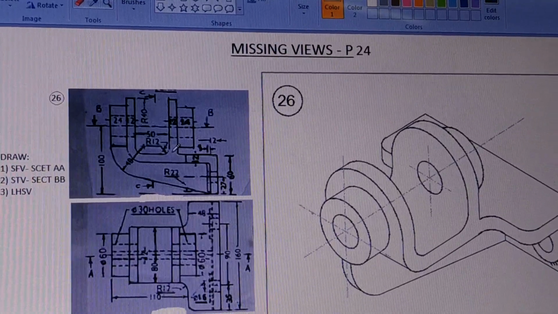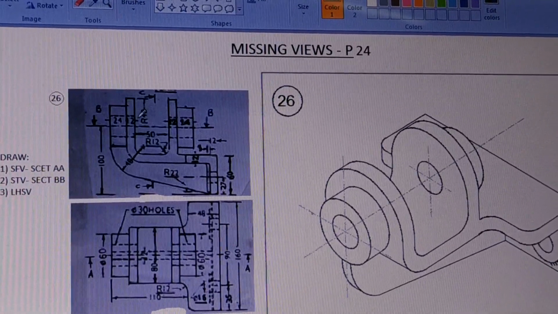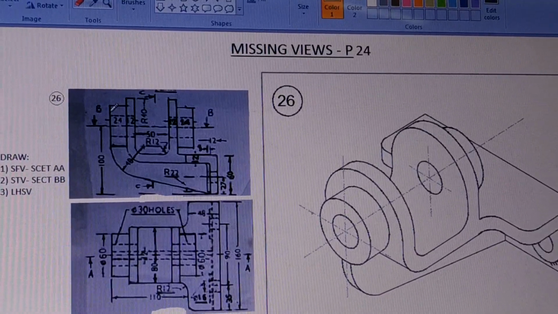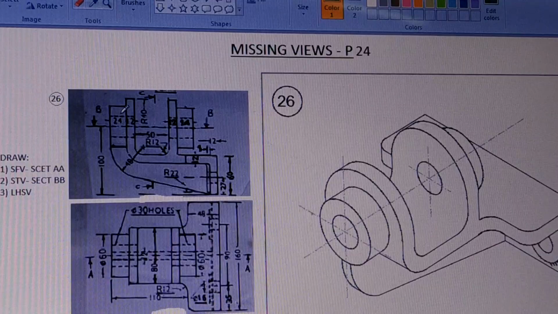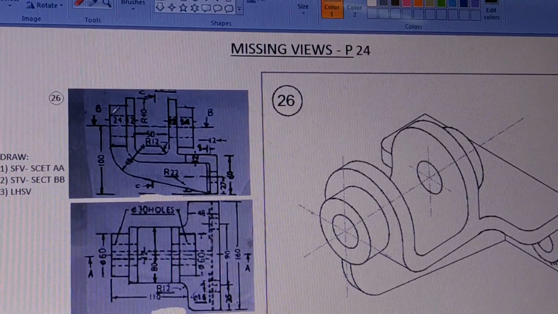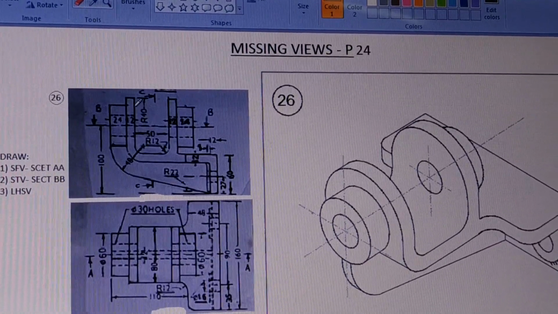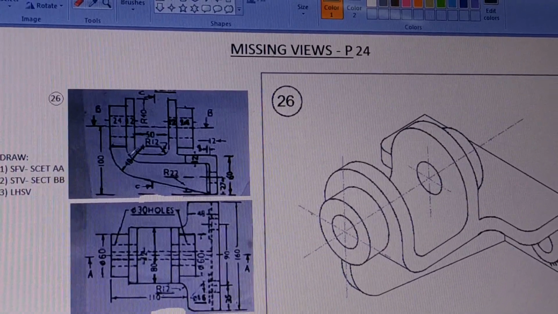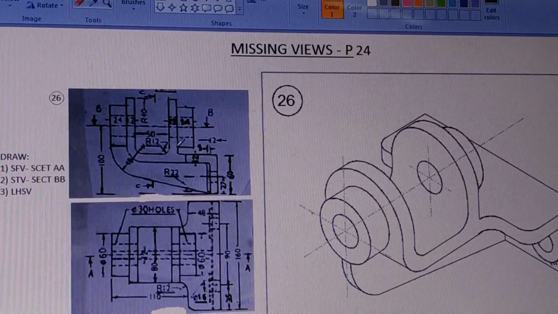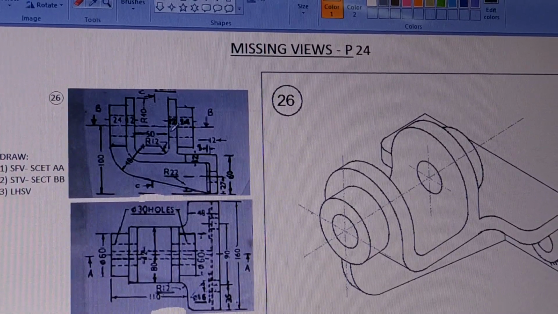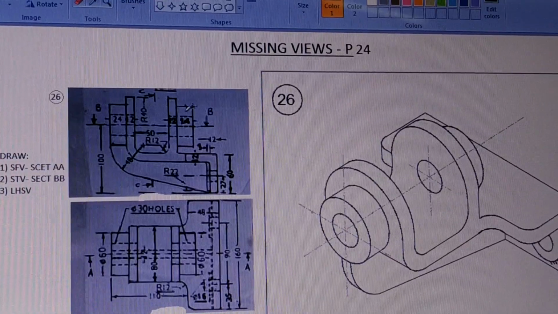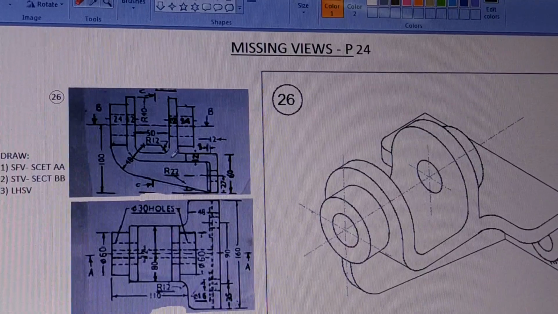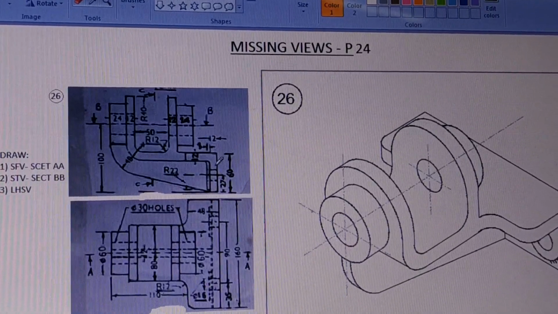sectional front view. So when you draw that, you will find that this dotted line will become a continuous line, because this hole is exposed and there will be section lines in this part. This line will go, this small line will go, and this will be a continuous surface with a section line. Same continuous section line will be this part, this part, this part. Then it will go here. Again this line will be a dark line, same dark line here, and the section lines here and here. This line will go. Now the section line will continue like this here and here also.